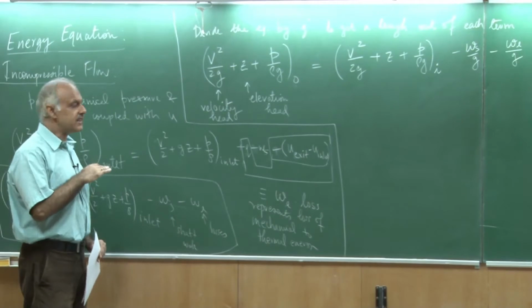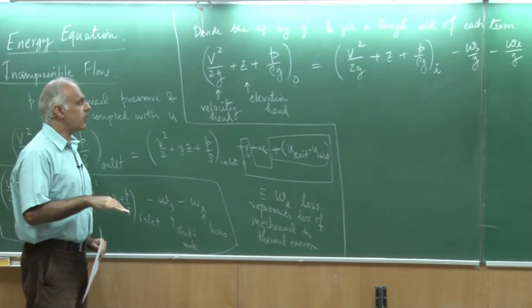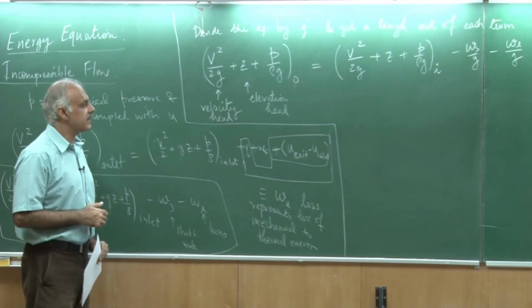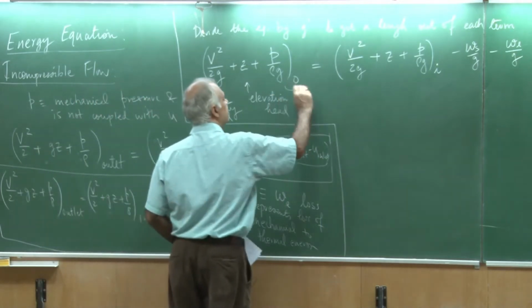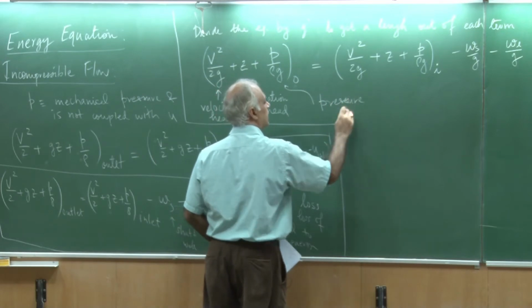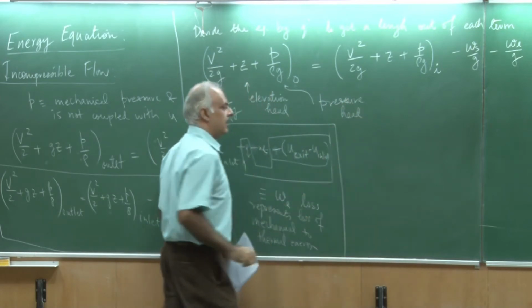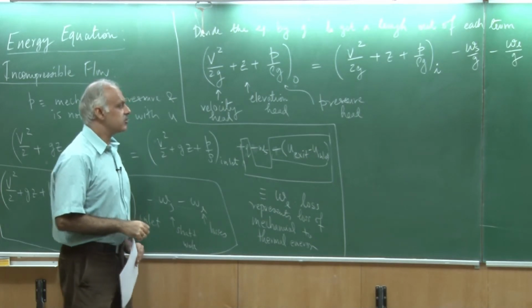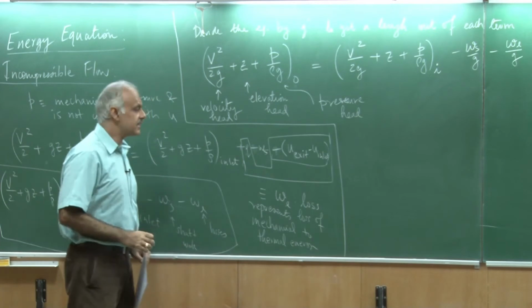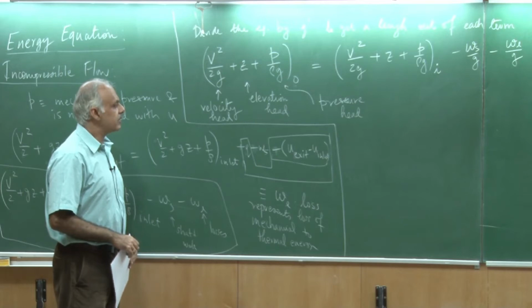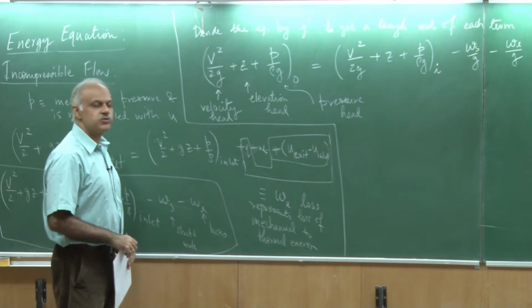So, I can fix a certain datum and then see what is the elevation of a certain point in the control volume at the outlet or at the inlet. And this here is the pressure head. Of course, we can talk about the total pressure and the static pressure. So, this is the static pressure. I will say something more about the different kinds of pressures in the flow, but for the time being we will just use the term static pressure.